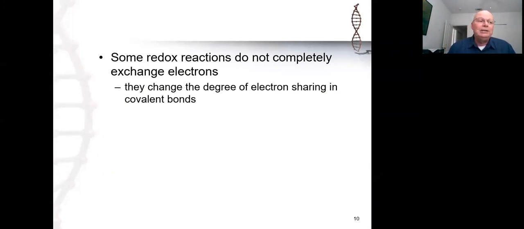So we can't really think in terms of physically moving the electrons from one atom to another, not in the sense that we saw with sodium and chlorine. But nonetheless, we can talk in terms of changing the energy environment of the electrons. Now, why would that be important? Well, if we come back here,